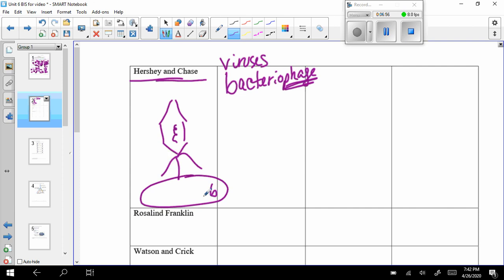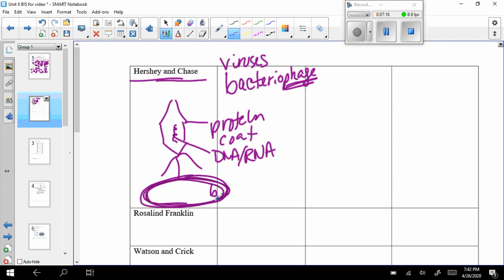But Hershey and Chase said, okay, the viruses really only have two parts. They have a protein coat, and they have either DNA or RNA in their center core. So which one is going to be present in the bacterial cell that gets infected? What they did was use radioactive labels. If you want to radioactively label the protein and radioactively label the DNA and see what gets passed on, now we have to think about what element you want to radioactively label to distinguish a protein